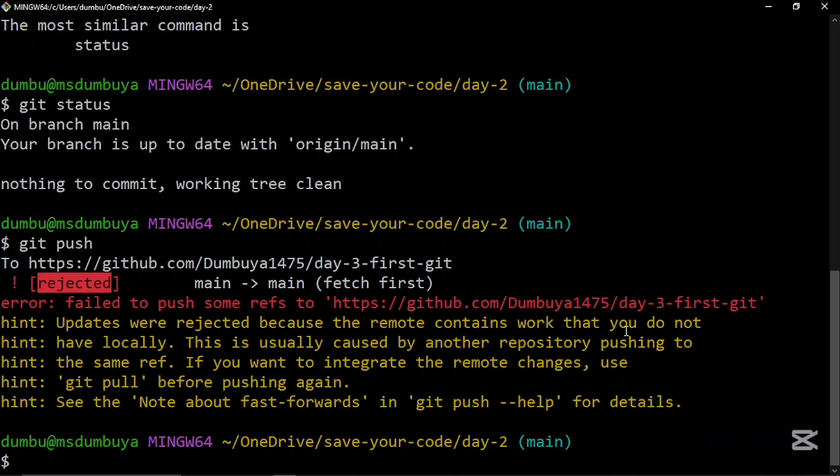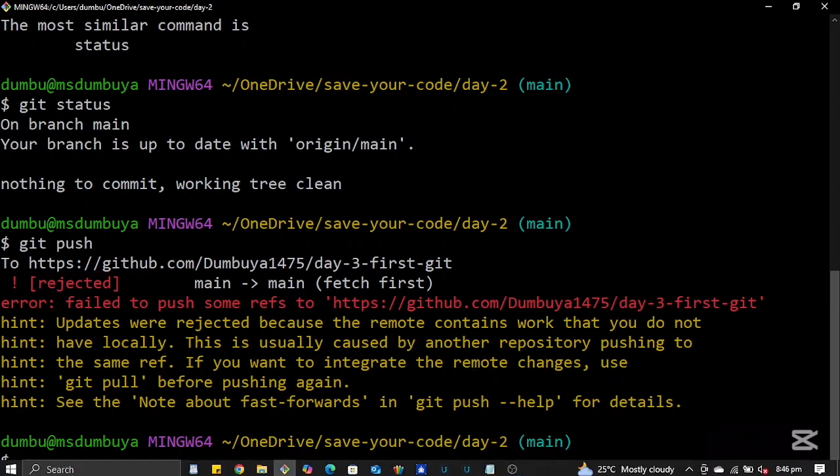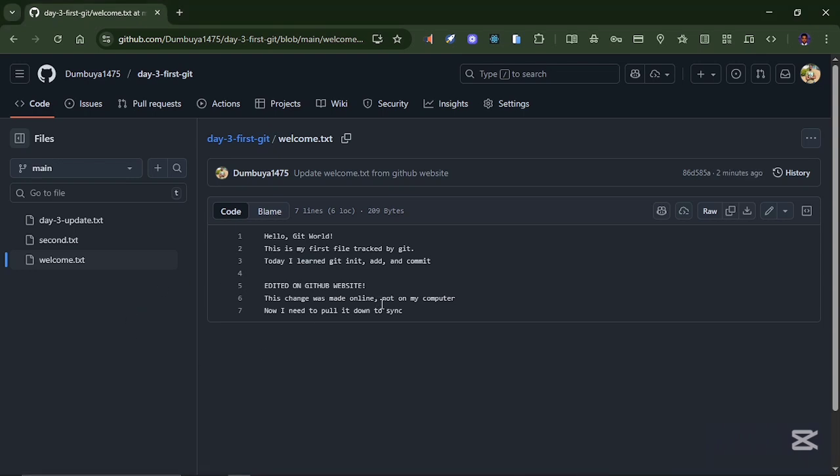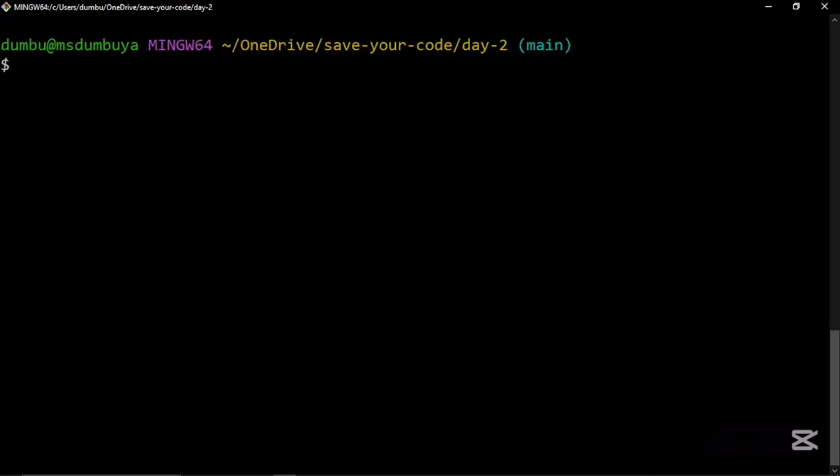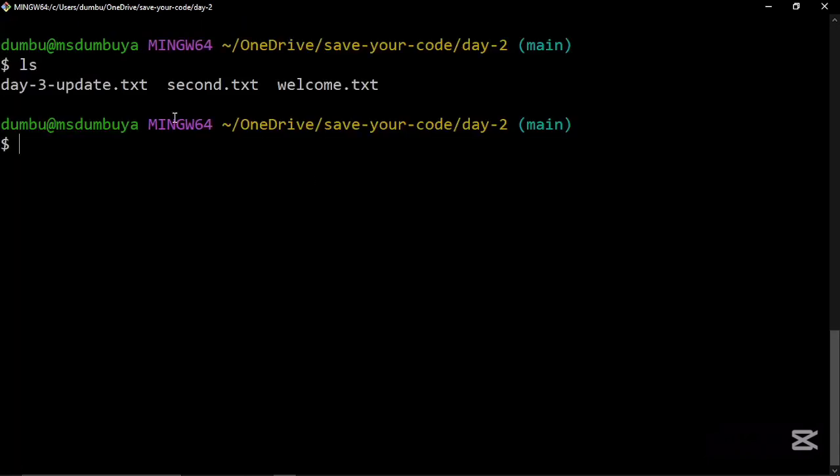We get this from GitHub, then you get it on your local machine. So we get this here also, right? And on GitHub, we actually make a change. We add this line there, so this is the third line. Then we come to the terminal. Now we can use cat to see what is actually inside